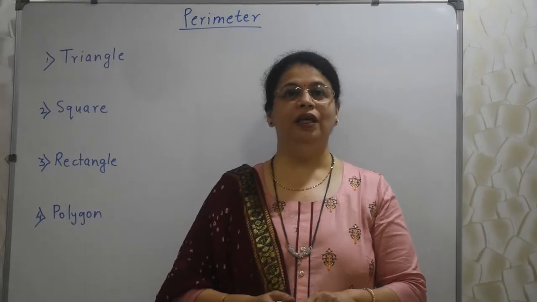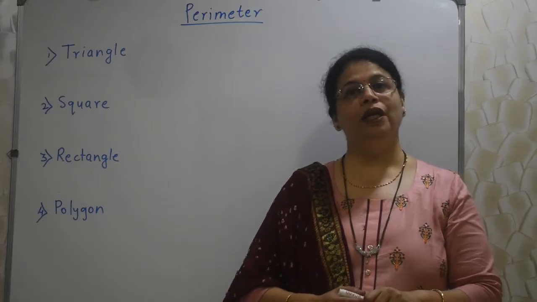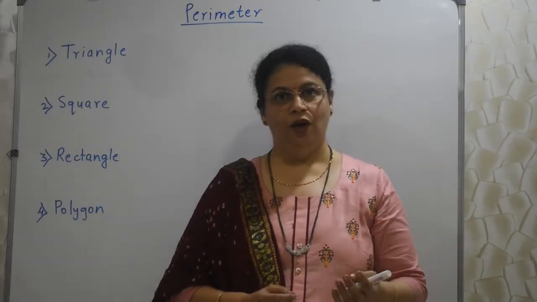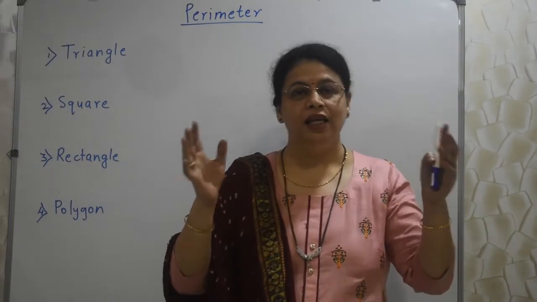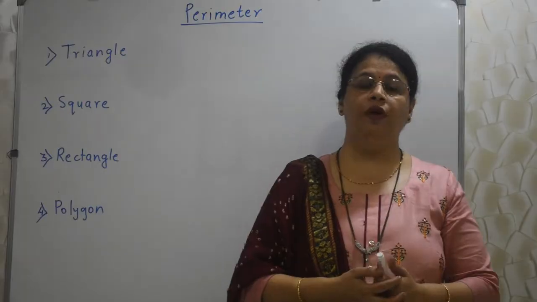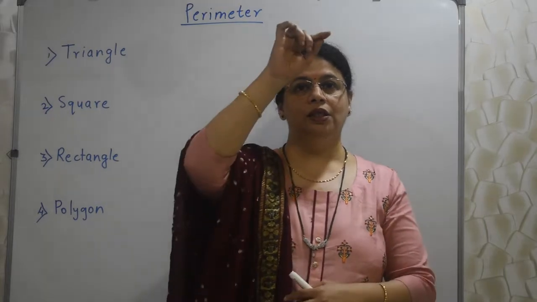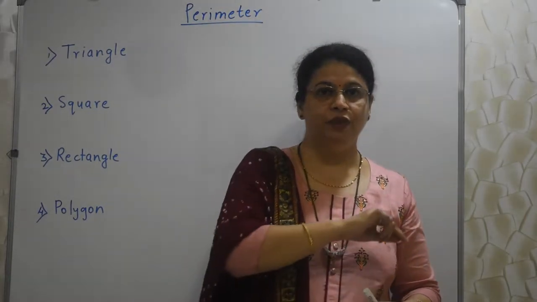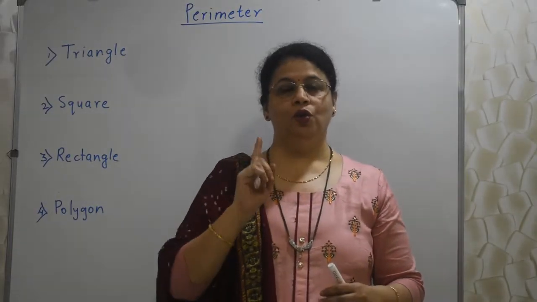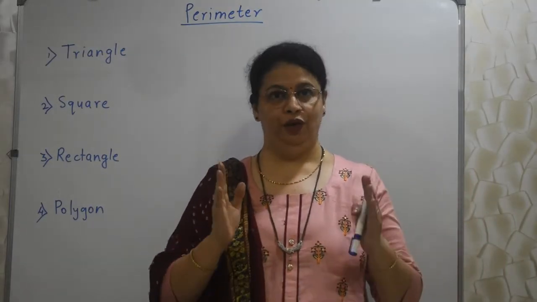Today we will be learning a very interesting but easy topic, that is perimeter. What is the meaning of perimeter? Perimeter of a triangle or a square or a rectangle or any hexagon, pentagon, anything with a closed figure. It should be a closed figure. Then how to find out a perimeter? Very simple. Perimeter is the sum of all the sides which are outside, the outer boundary. You got me? So, perimeter is the sum of all the sides of that particular figure.